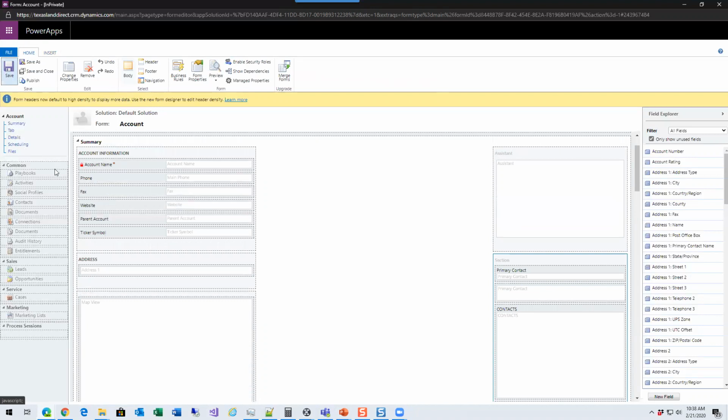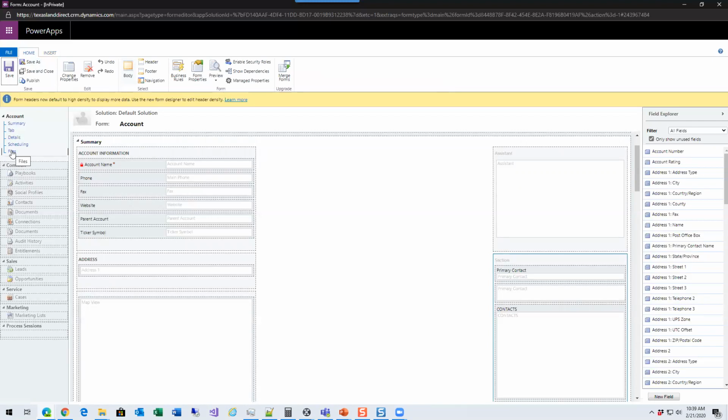Now, one of the things about this is I'm working on the account form, the main account form. So there's a couple schools of thought. One, before I started, I probably should have done a save as to save the form, a copy of it. Now, what I have done in the past is I actually saved the form to a copy and then made that the new default. The problem I ran into is this thing right here. You see that file section? That's an update from Microsoft that, as clear as I can see, is programmatically inserted. Okay, and what that is a